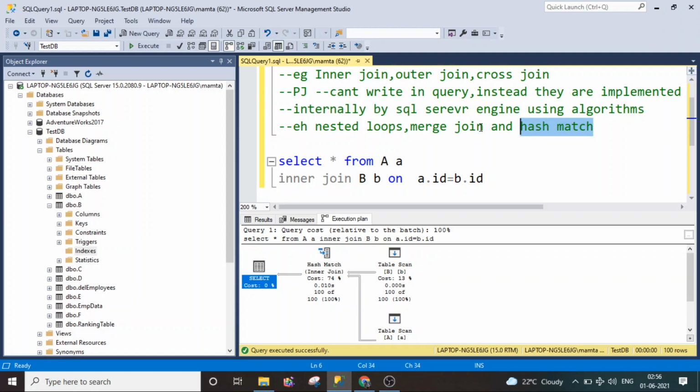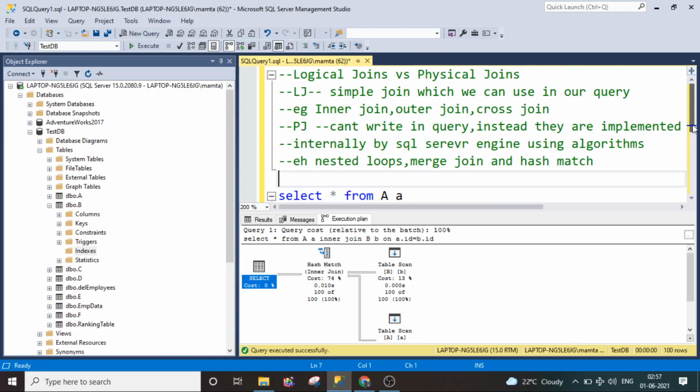When you have sorted data in large tables, the query optimizer most probably, 99% of the time, uses the merge join, because it requires the data to be sorted. And if one table is small, or both tables are small, and you want to extract data based on some conditions, then the nested loop is the best choice taken by the optimizer. So this is the very first part of the joins.